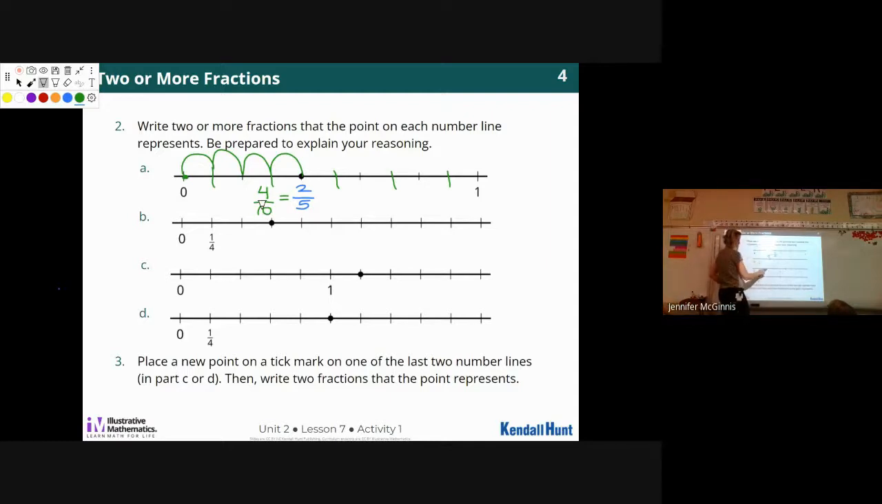Now notice how our ones are falling. We got different things. So what's this tick line here? 2 fourths, 3 fourths. What could be an equivalent fraction for 3 fourths? Ella? 4